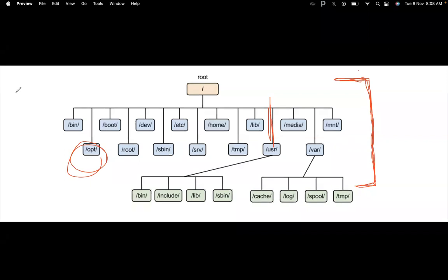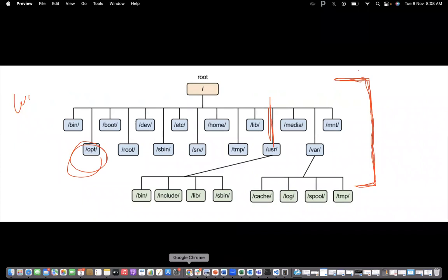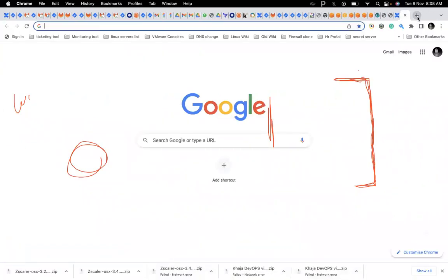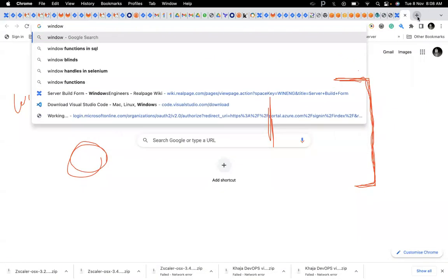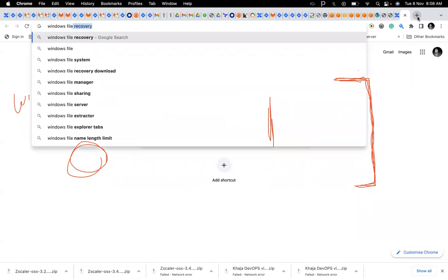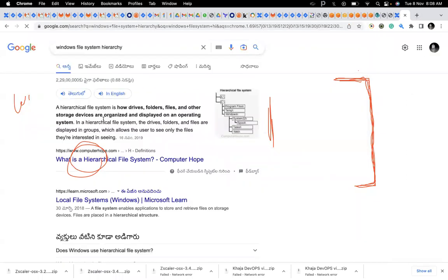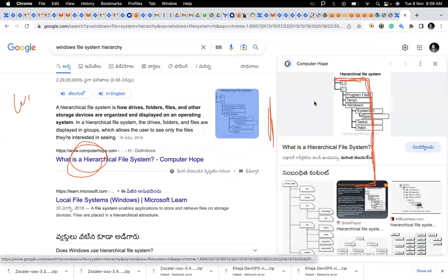The same way with Windows, the Windows file system hierarchy.